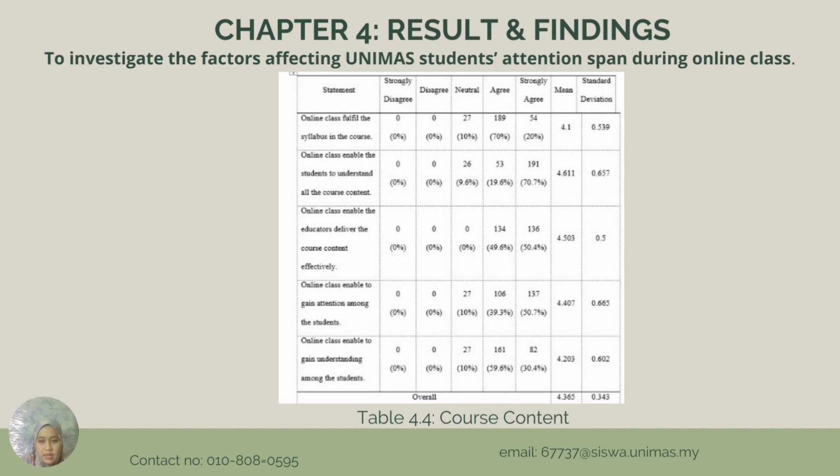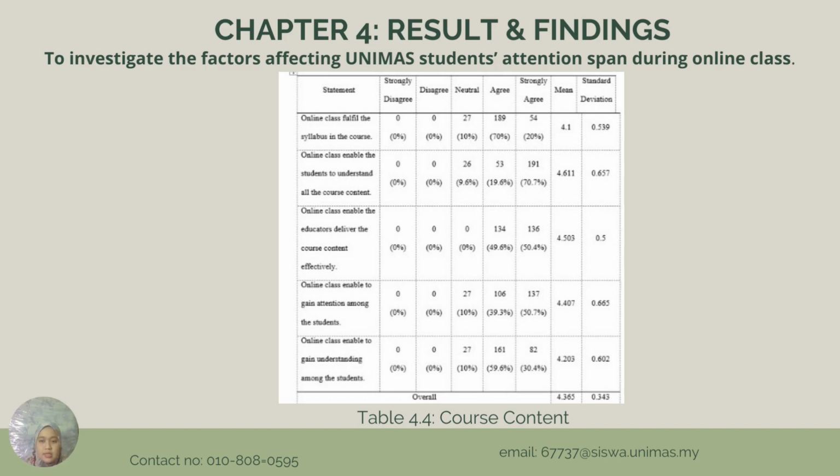Based on the finding, the highest mean is 4.611, which is the statement online class enable students to understand all the course content, with standard deviation of 0.657. Meanwhile, the lowest mean is 4.100, which is the statement online class fulfill the syllabus in the course, with standard deviation of